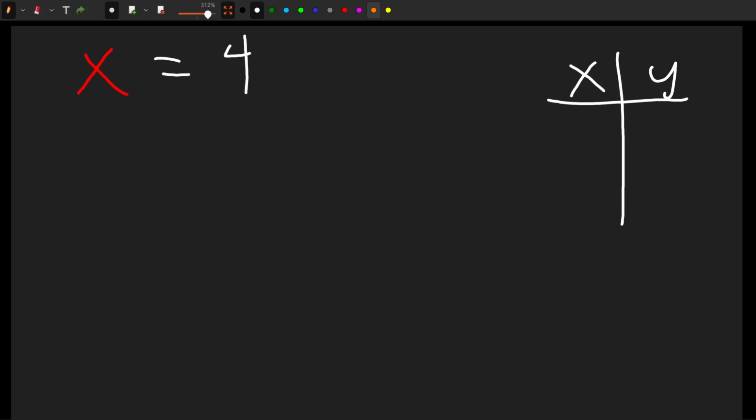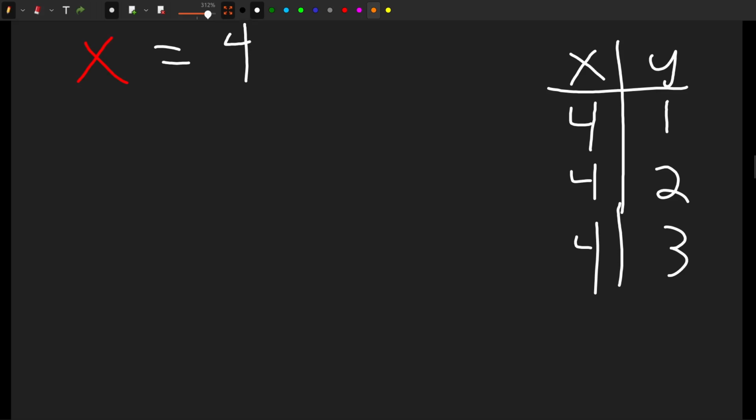And so, well, technically I do have a y value, I just can't plug in anything for y. Because if I plug in 1 for y, or 2 for y, or 3 for y, the value of x is always going to remain the same. It's 4, no matter what I choose for y. Okay? And that's very important, because when we go to graph this problem, which I'll do right now,